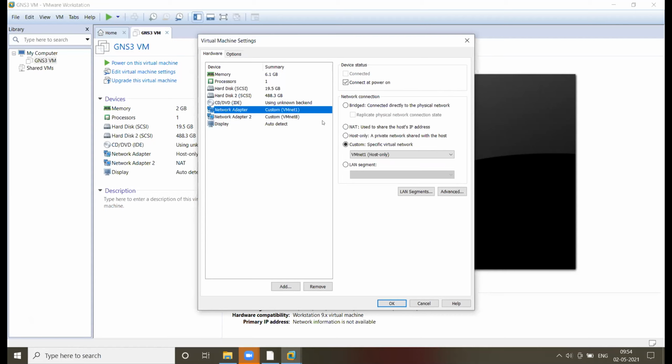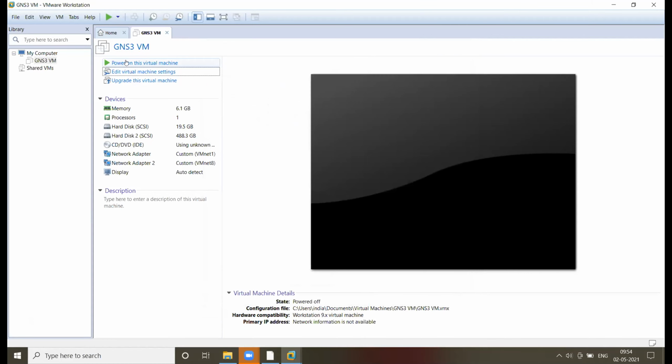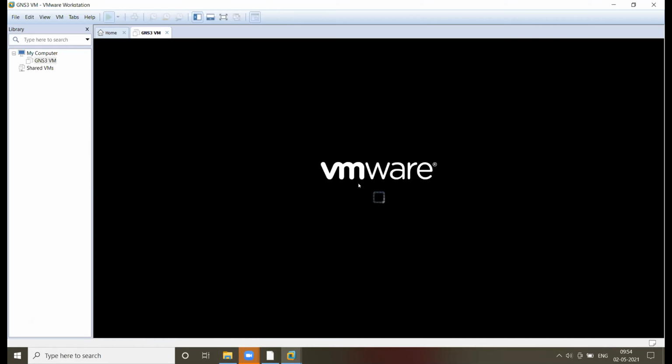Now you can see the LAN card settings. The first LAN card is VMNet 1. The second LAN card is VMNet 8. You can click on OK. Now you can power on this virtual machine. It will take time. Let's open our CMD command prompt.